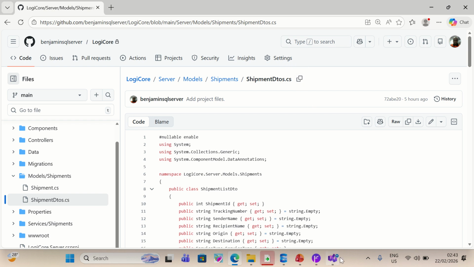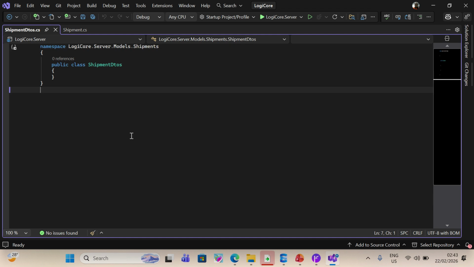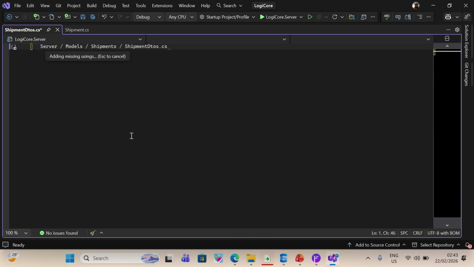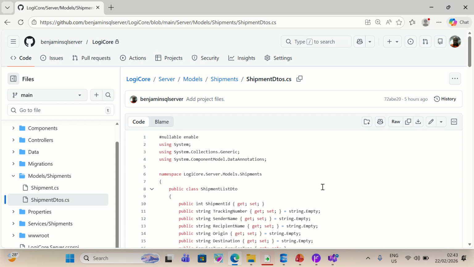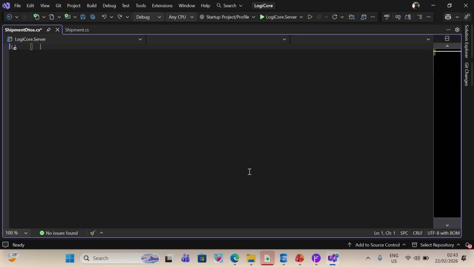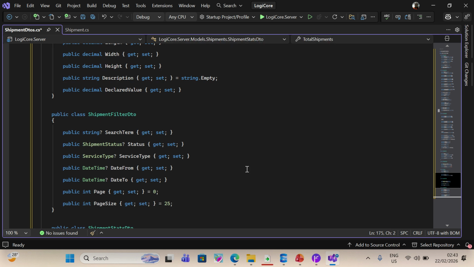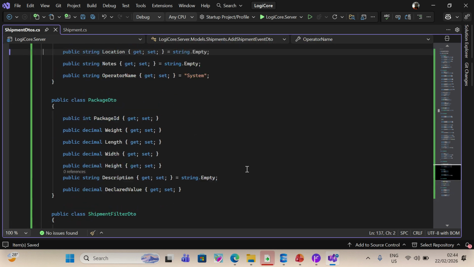So what do we have? Inside this file, inside shipment DTO,